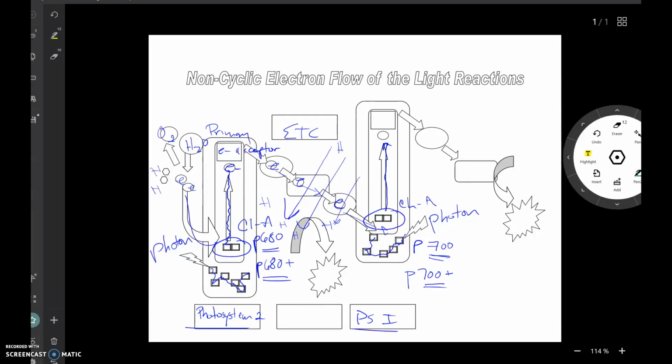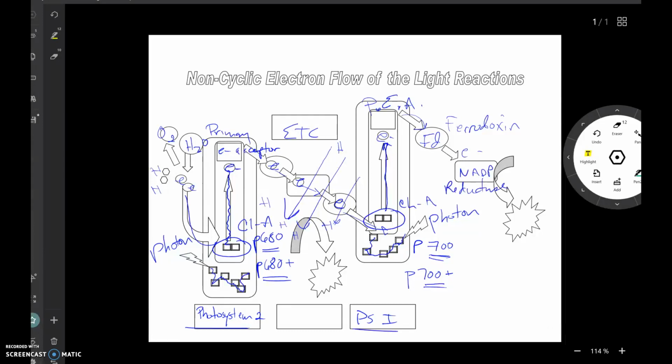All right, so back over here, you have two processes that are simultaneously occurring. Excitation in photosystem 2, excitation in photosystem number 1. Once again, you have an electron that is going to be caught by a primary electron acceptor, and the primary electron acceptor is going to drop the electrons into another chain. Now, I do want to point out this is Ferredoxin. And Ferredoxin has a unique characteristic that I'm going to show you in one second. It delivers its electrons down to NADP reductase,